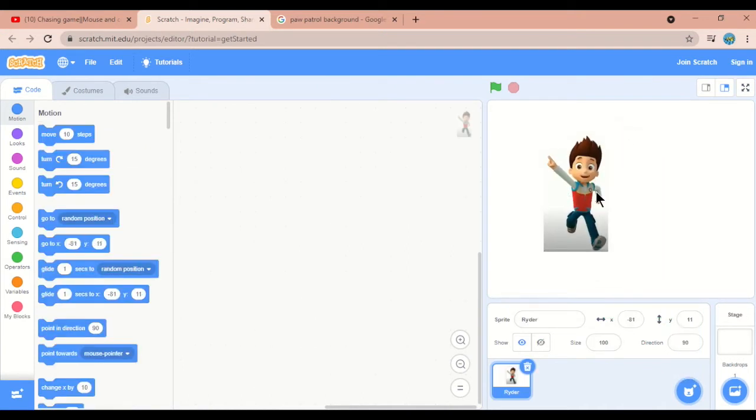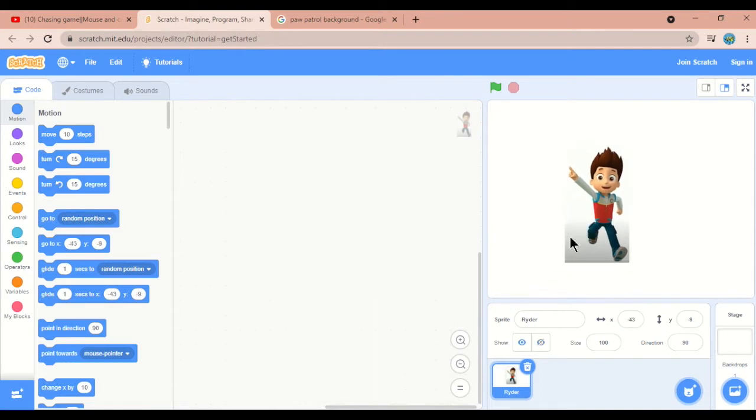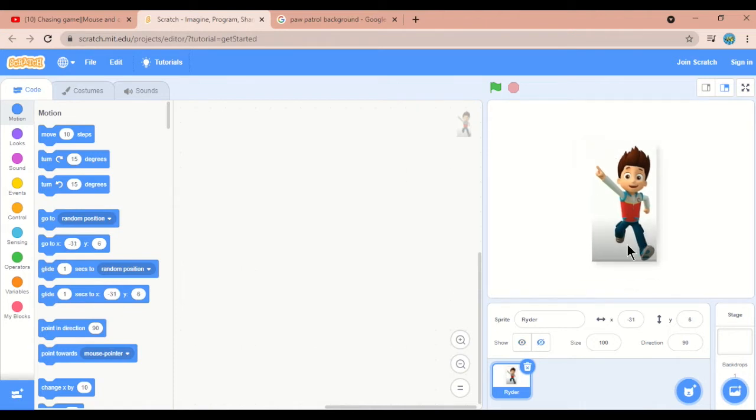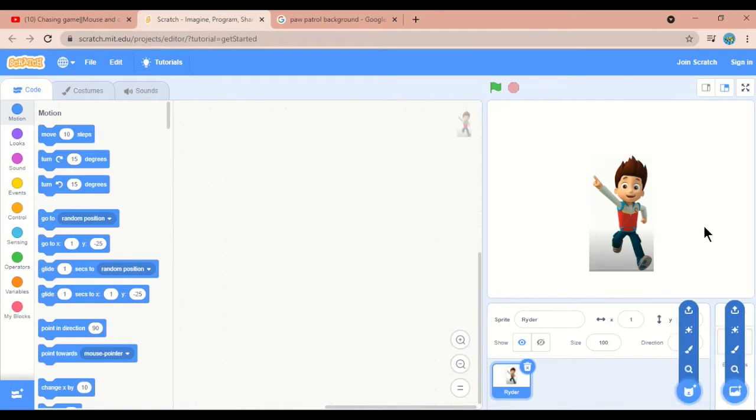But there is one problem. See, you can see the background like this, no? We don't want this background. So how can we remove this background? Yes, I will show you how to remove this background. Okay, see, for you to understand the background correctly, I will add one background also. Then you will understand more.